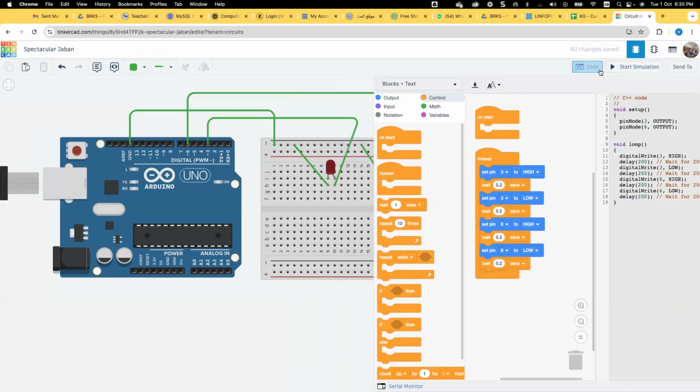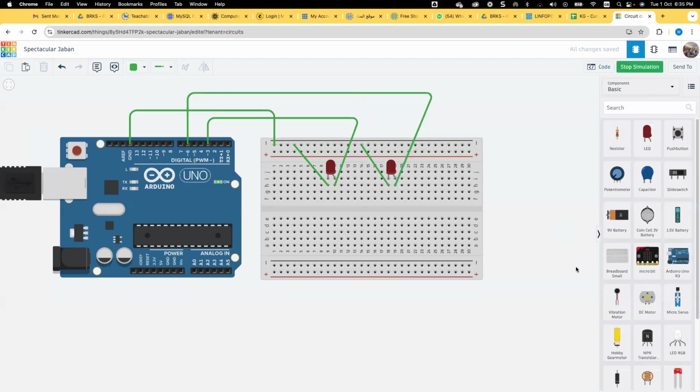If you start the simulation, you can see that it's fine.